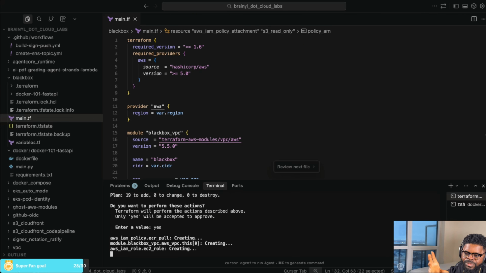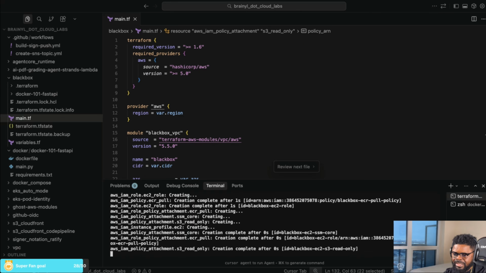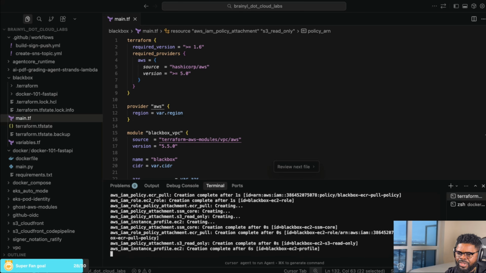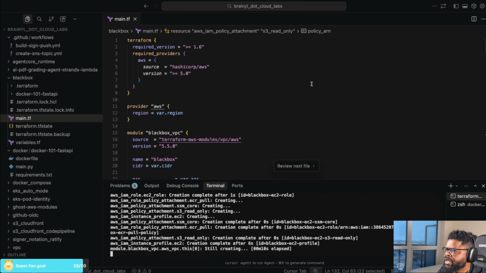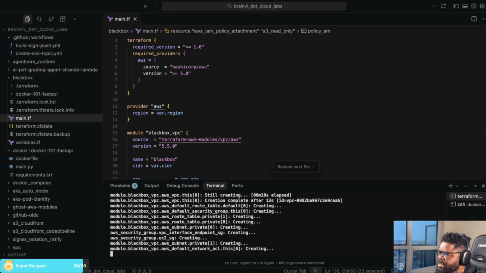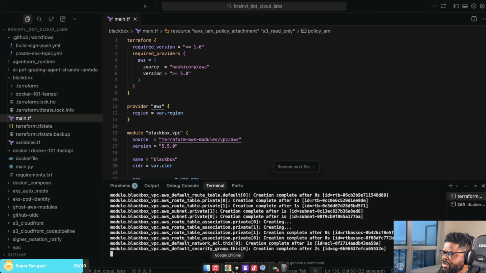Okay. So this will create us a private VPC, right? Because we want a VPC that is locked, a VPC that doesn't have connection to the internet, and that's where we're going to explore the black box and everything we're going to build around it. But it's still creating the VPC. So let me go back to our